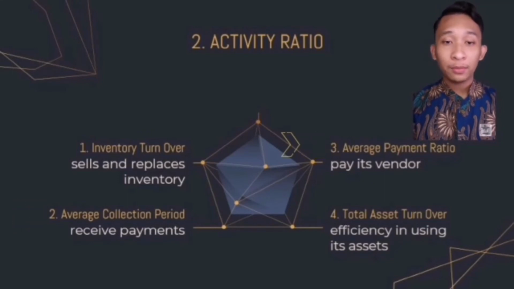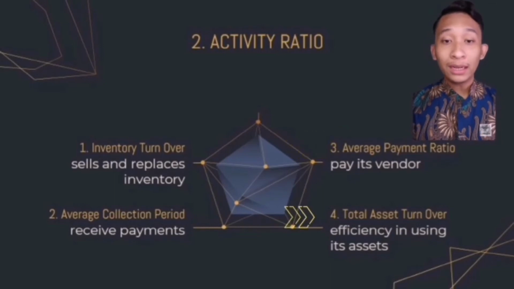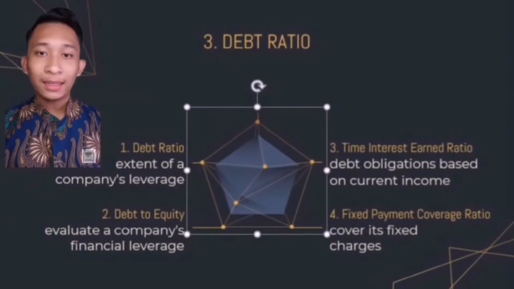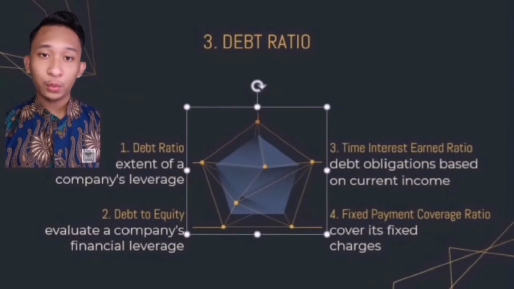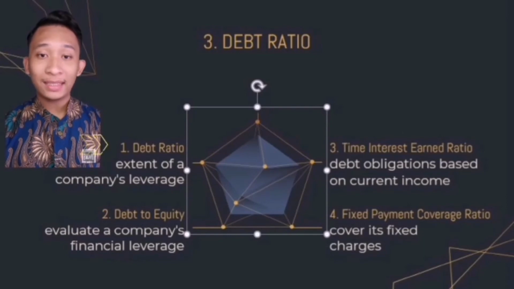Average payment period is a ratio that measures the average number of days a business needs to pay its vendors for purchases made on credit. Total asset turnover can be used as an indicator of a company's efficiency in using its assets to generate revenue. The third is the debt ratio, which consists of debt ratio, debt to equity, time interest earned ratio, and fixed payment coverage ratio. Debt ratio measures the extent of a company's leverage and